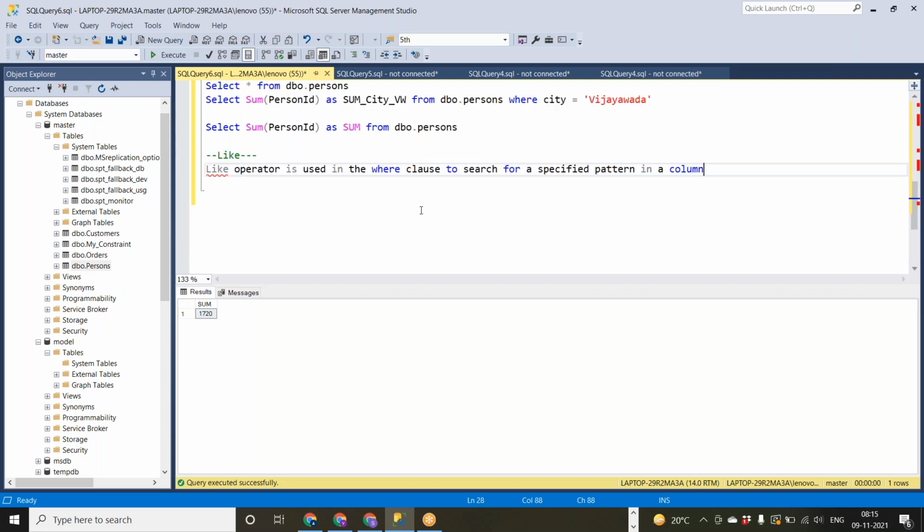It is used in the where clause to search for a specific pattern of a column. I'll tell you how we will use this. First of all, I'll give you the syntax.